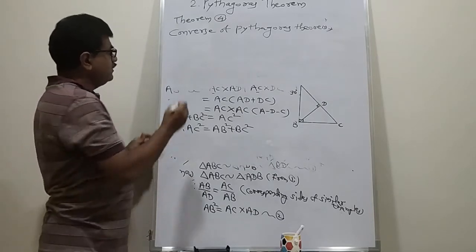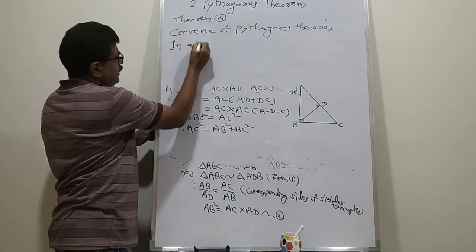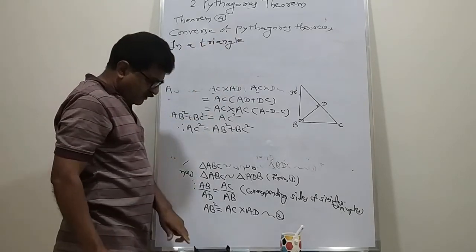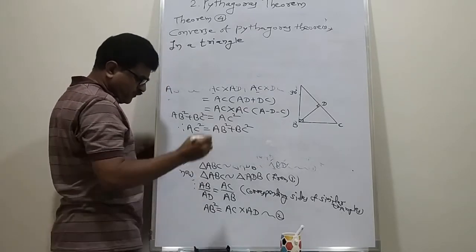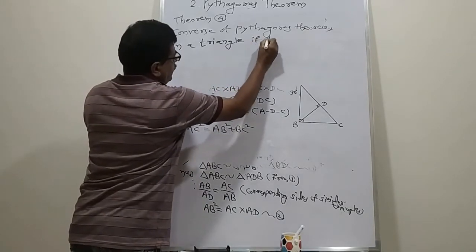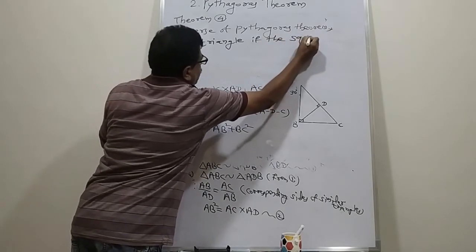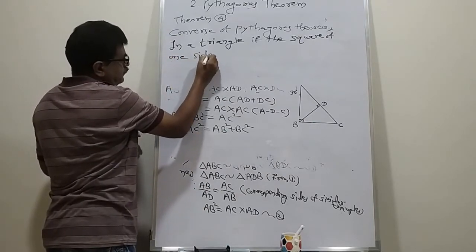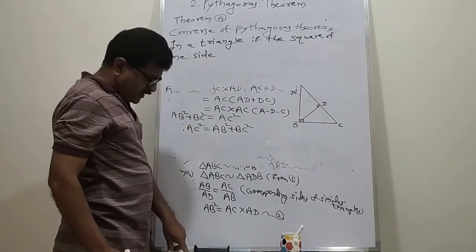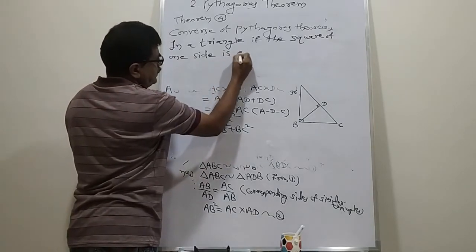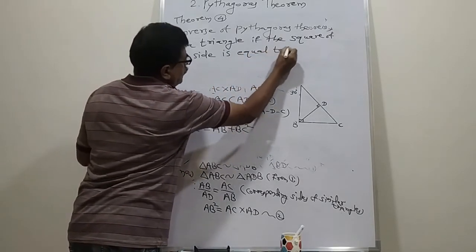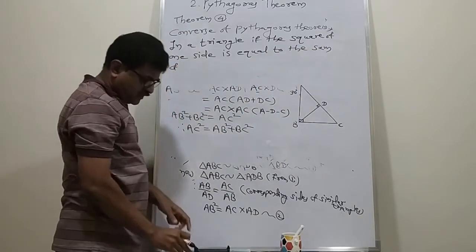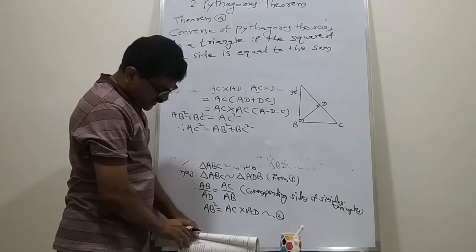In a triangle, if the square of one side is equal to the sum of the squares of